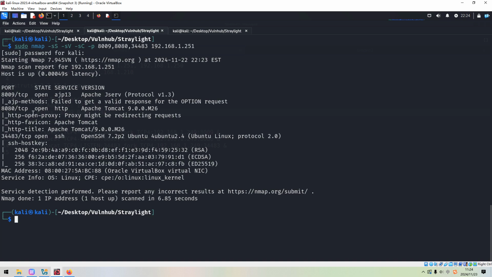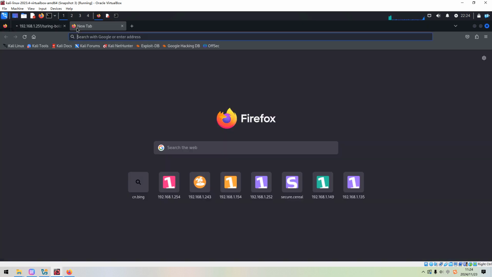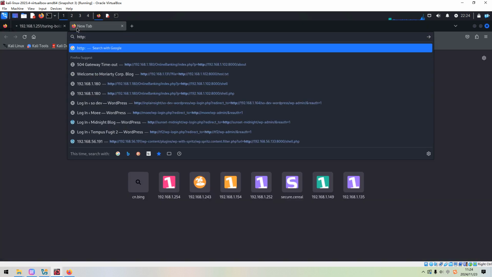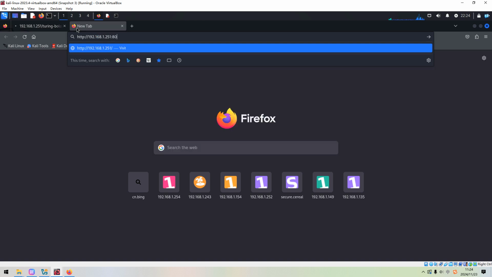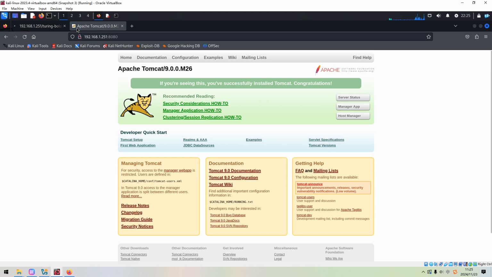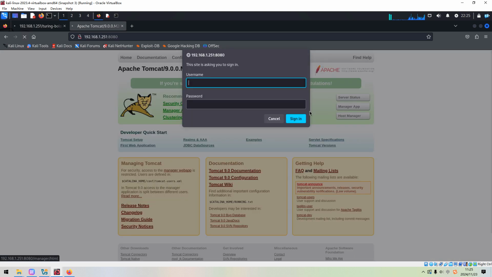We need to access this port number locally, and we can put the IP address. Okay, so this is the Apache Tomcat, and as usual, for example, you can try to access the manager app and upload.